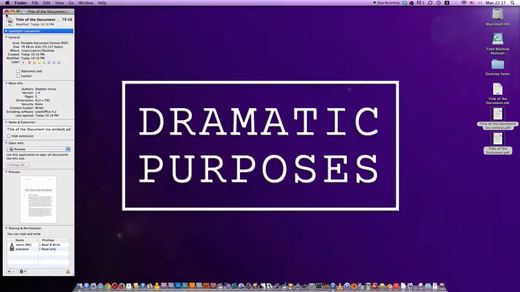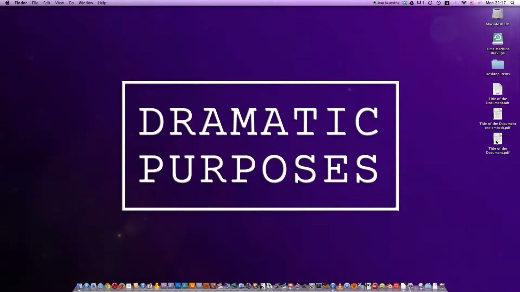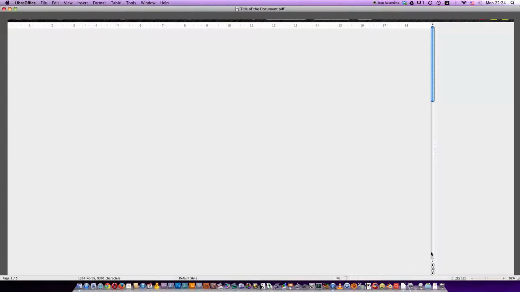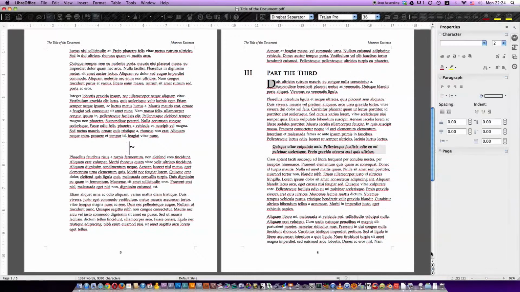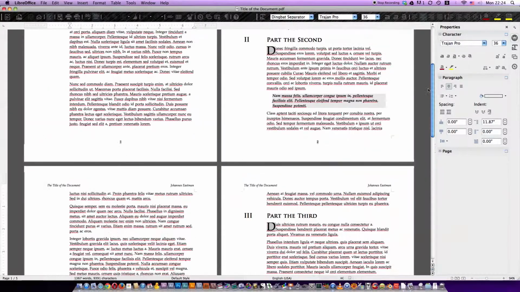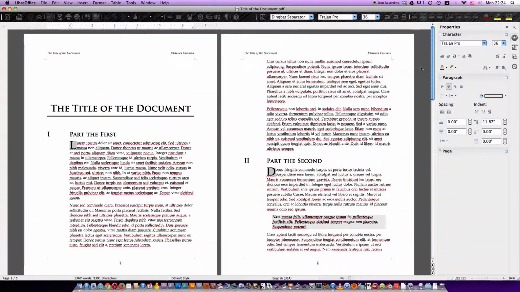But what I get for that is that I can take the version with the embed, I can bring that back into LibreOffice, and it's going to recognize the embedded file and open that. So the whole document comes back in just where I left off when I created it, and I have full access to all of the tools in LibreOffice, including all the styles that I set up. I can select, I can edit and make changes, and you can see here on the title bar is this title the document.pdf. I've decided that I don't want this paragraph anymore, so I'm just going to go ahead and